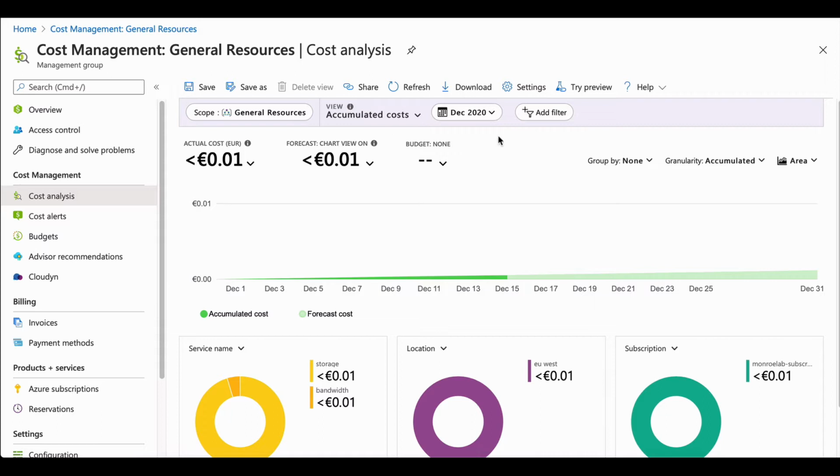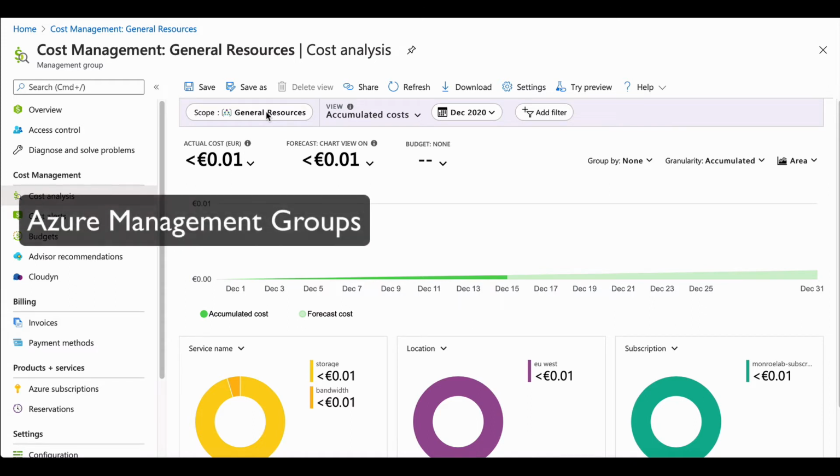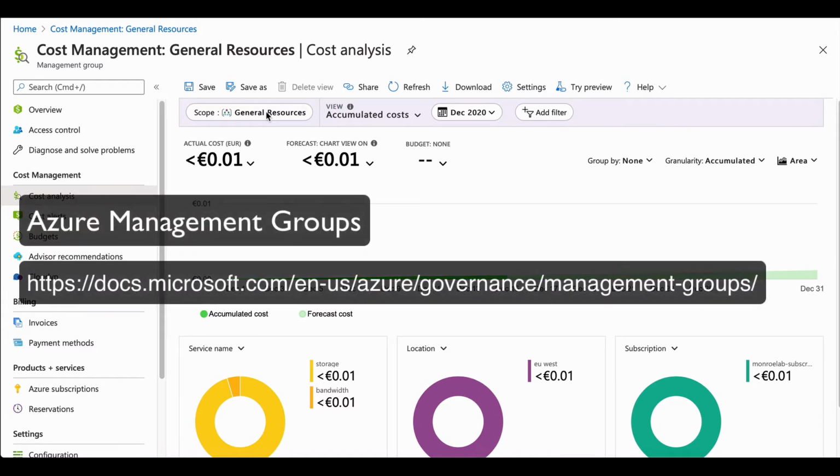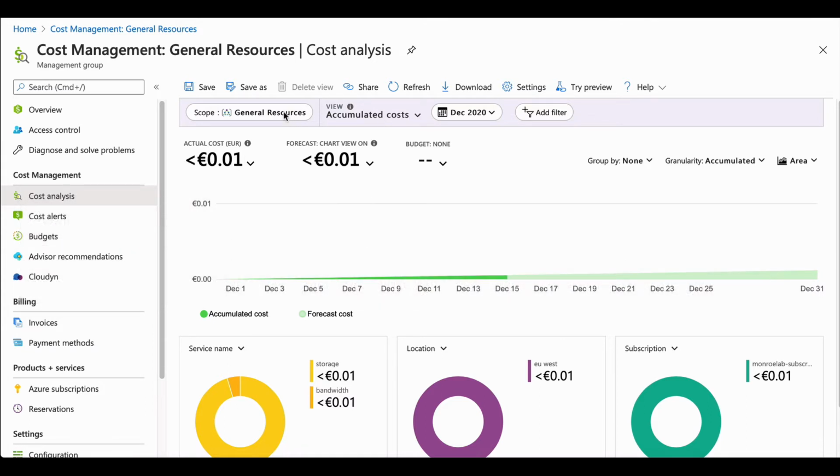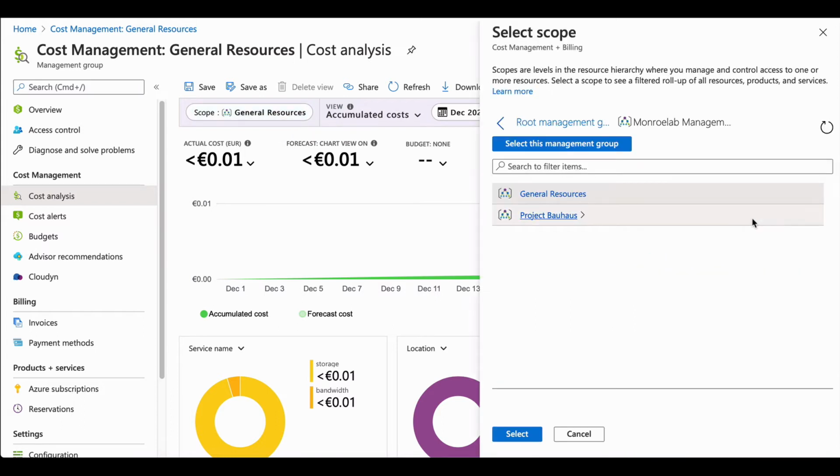Now, what you'll see here in this landing page that we're looking at the moment is that these are the aggregate costs generated by the scope of a management group, general resources that I'm using within one of my tenants. And also that the view is accumulated costs. I can change this by clicking here, and then I can change to